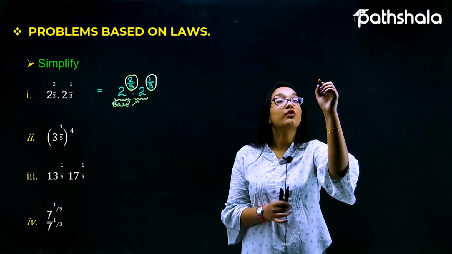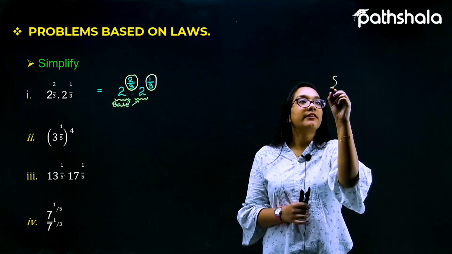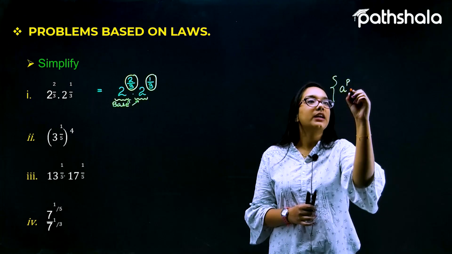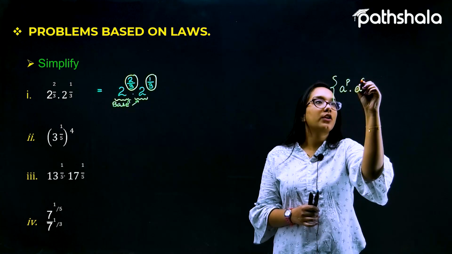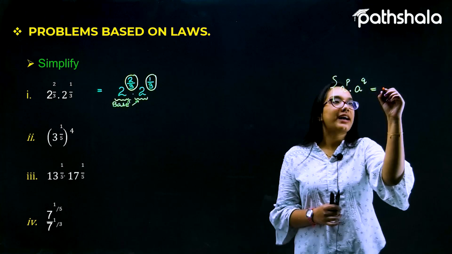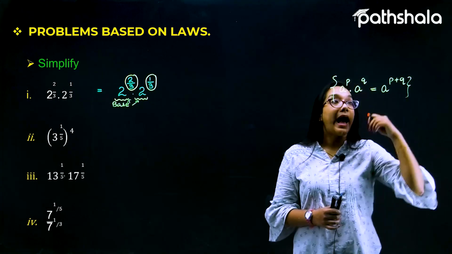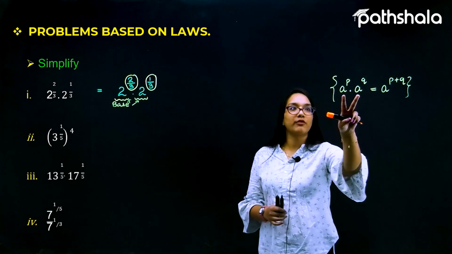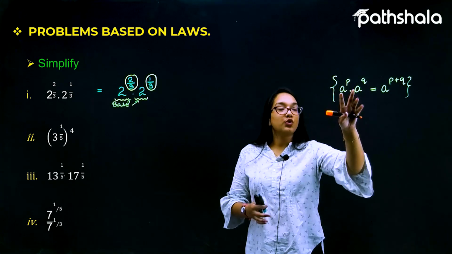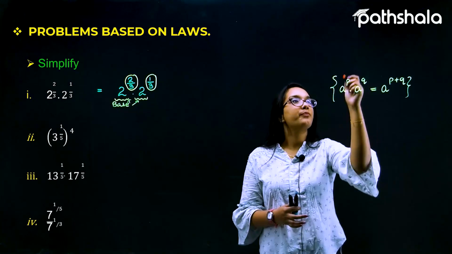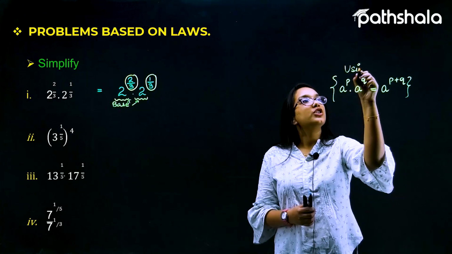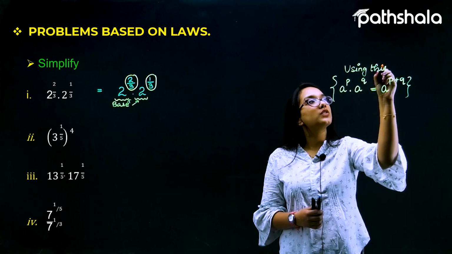So let us suppose I'm writing it over here, which says that whenever we have a raised to the power p multiplying with a raised to the power q, then it can be represented as a raised to the power p plus q, where the powers always get added up with each other whenever such kind of numbers get multiplied with each other. So using this law,